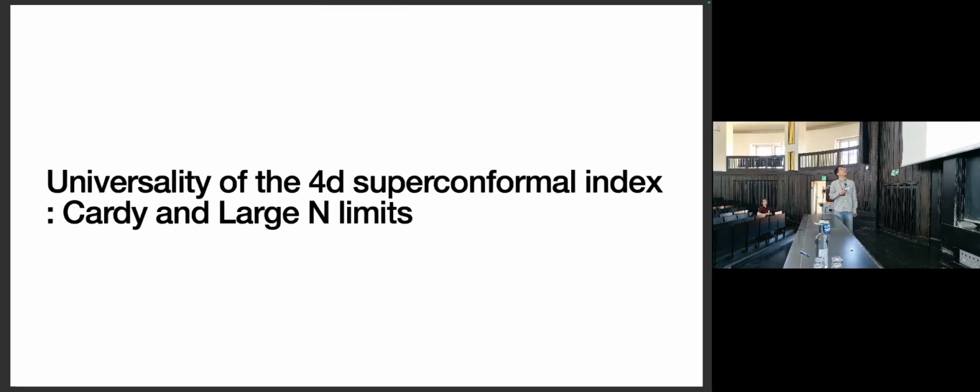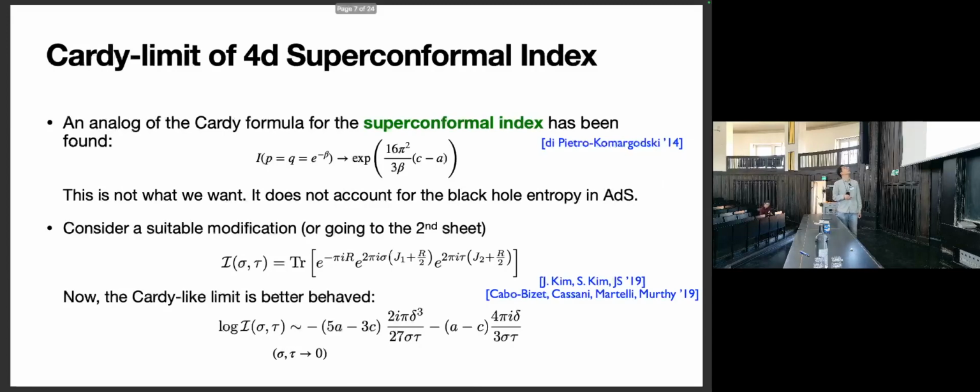To this end, I'd like to study the 4D superconformal index, which is the direct analog of the elliptic genus in 2D superconformal field theory. You can consider an analog of the Cardy formula in the 4D superconformal index that has been studied by this beautiful paper by Di Pietro and Komargodski in 2014. What they have shown is that if you study the superconformal index at the quote-unquote high temperature limit, more precisely it's about chemical potential, not really the temperature, then it takes a universal form that is governed by the difference between two central charges, a and c. This is beautiful, but this is not what we want because it cannot account for the black hole entropy